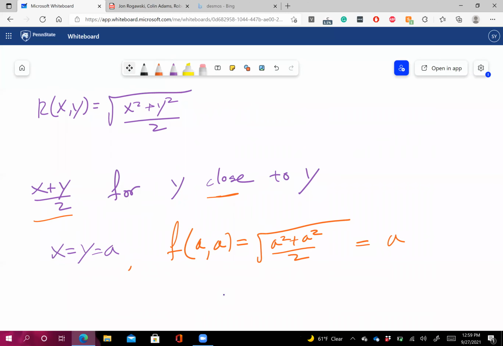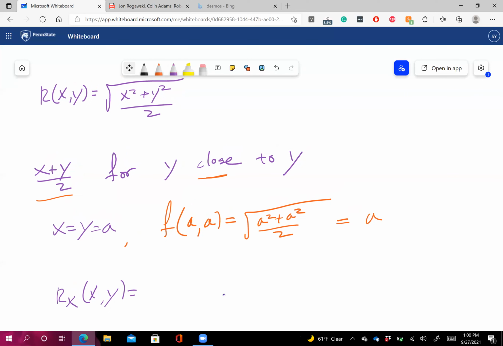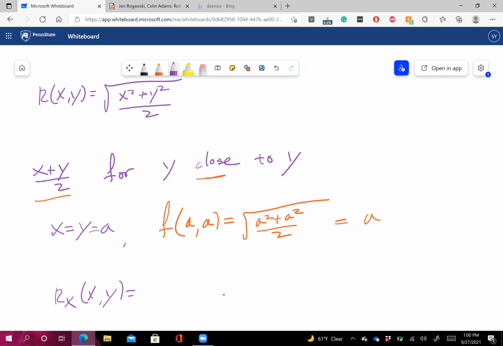And then we need the partial of r with respect to x. First, let's go with x, y. So this is going to be 1/2 times x squared plus y squared over 2 to the negative 1/2 times 2x, which is going to be